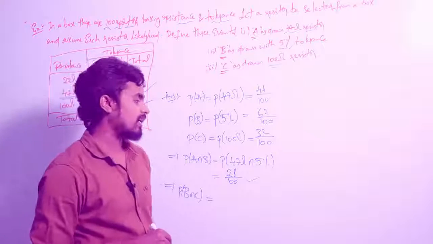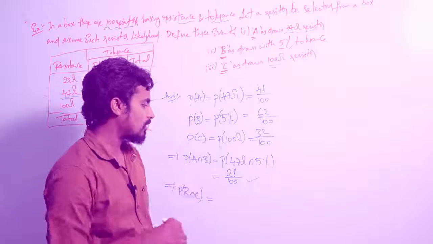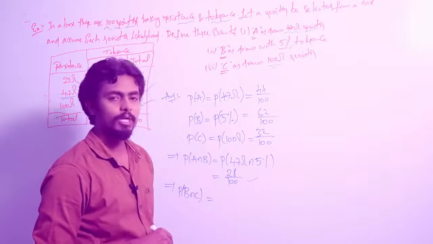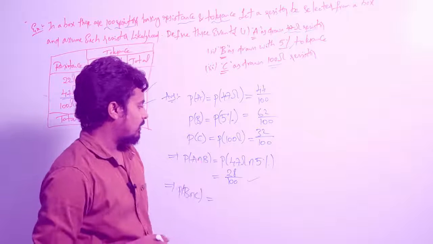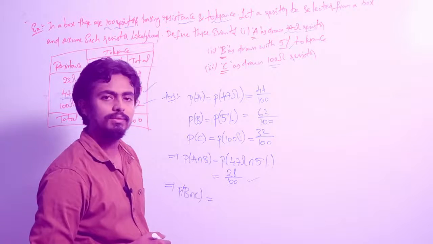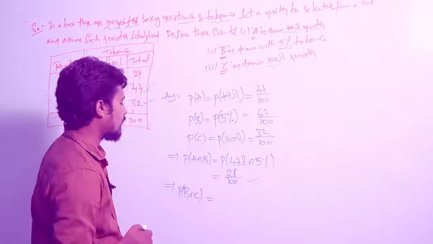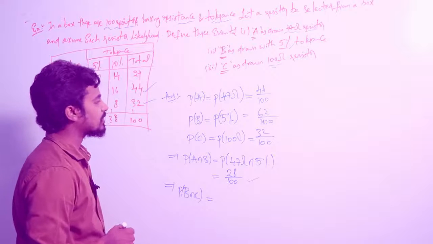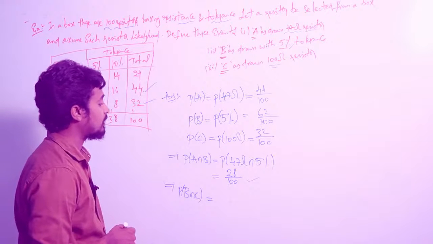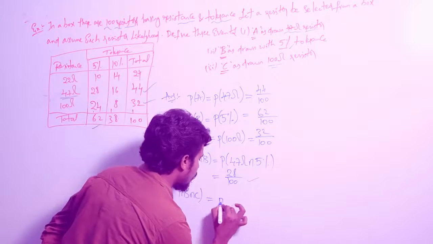homework, and solve this as 28 divided by 100. If you can't get it, ask me in the comment section. I will give you an answer for it. Okay, try this problem on your own. You will get it easily. And next, P of B intersection C,